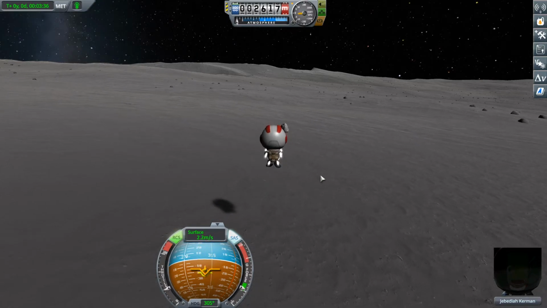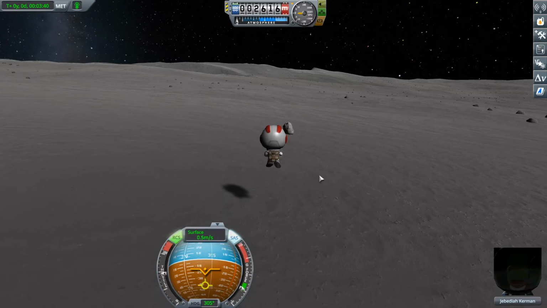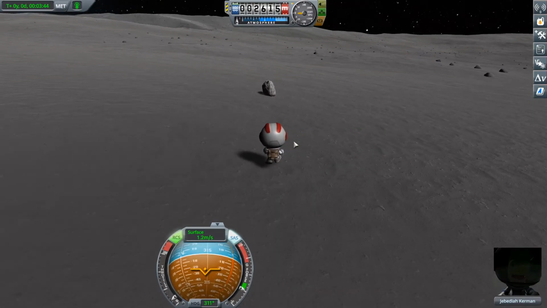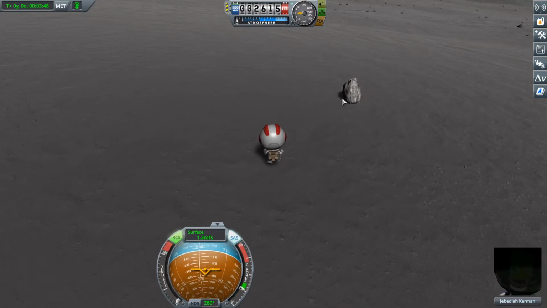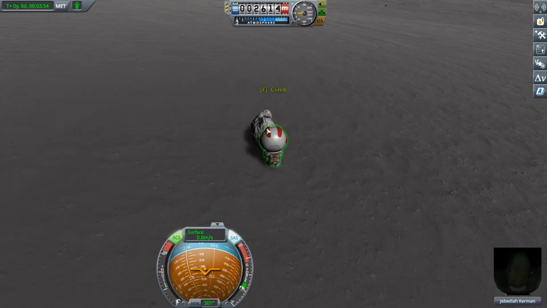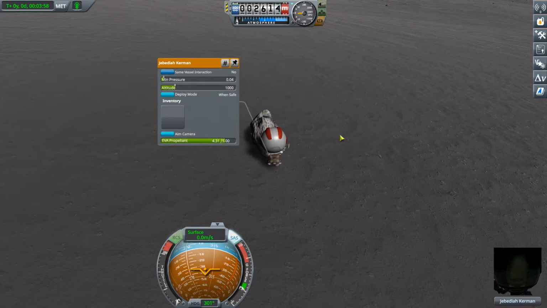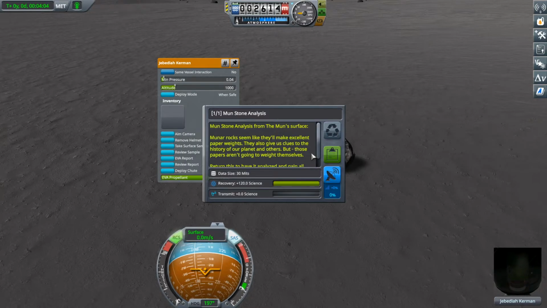This looks like the thing I'm looking for. We can't run on the moon. But that... is that a moon rock? You look like a moon rock. Pick up moonstone. Ah, and we're taking out our tool and...